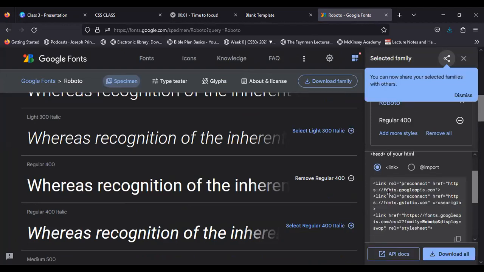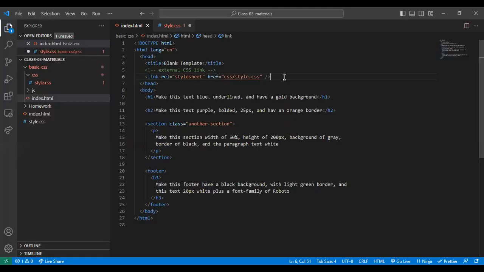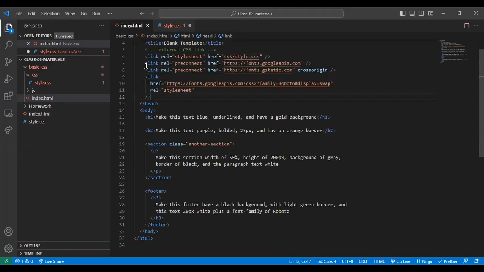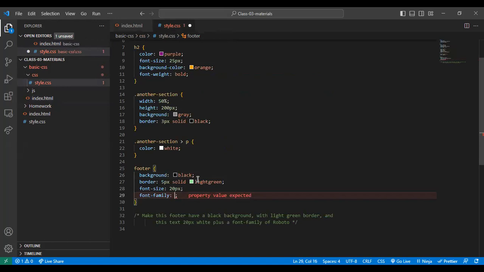When you select it, Google gives you a link. Usually what you do is copy the link it gives you, then in your code you put it in the head, because it's a link. You put all the links in your head. If I save this, this is all the fonts Google has given me. Now if I come back in my code and I do a font family,